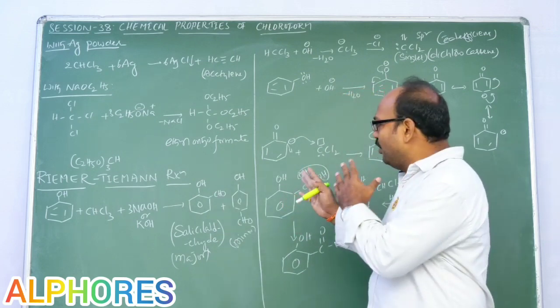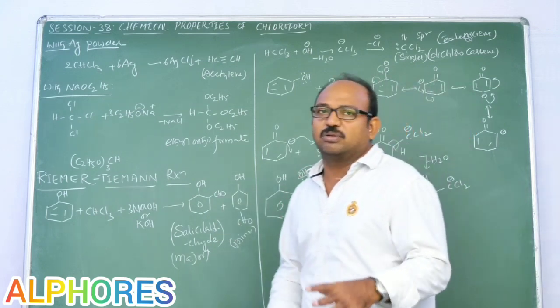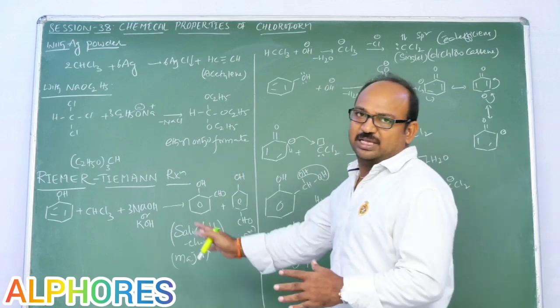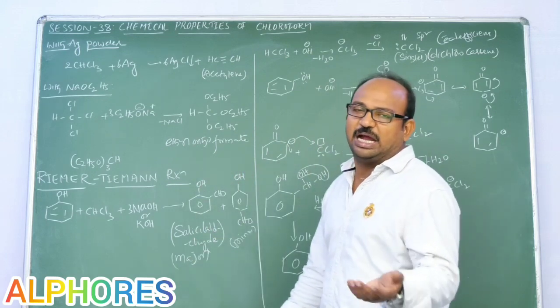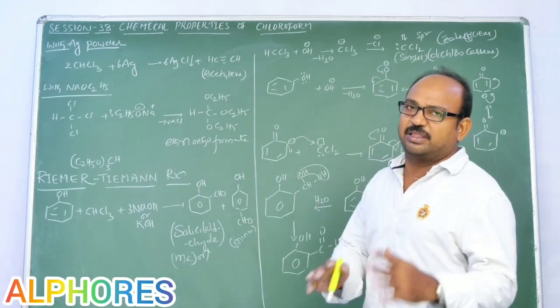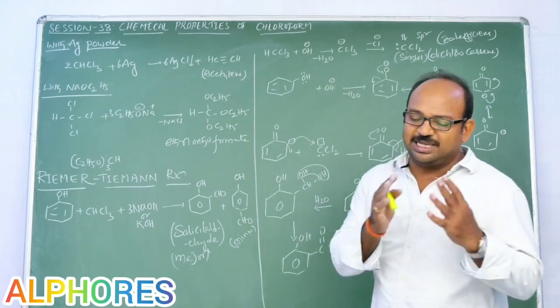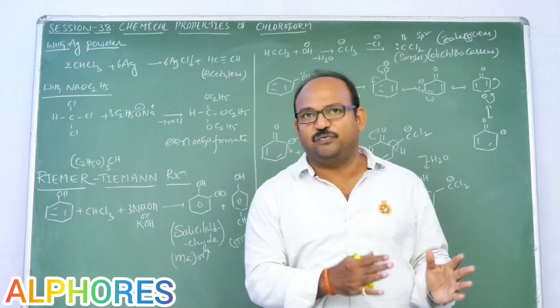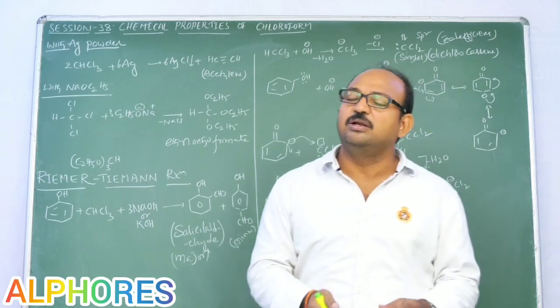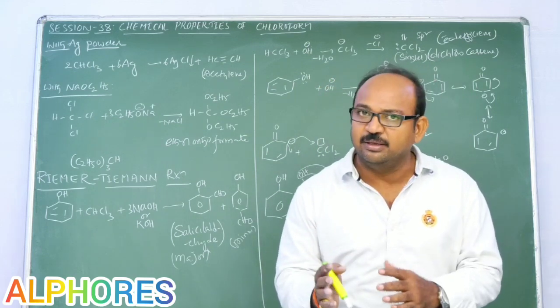Now whenever you see the reaction here, you will get one doubt. Is para really major or is ortho major? You wrote ortho. So how, and in which way, does the reaction proceed? For that, the first step is generation of the electrophile. What is the electrophile here? A carbene. Which carbene? Dichlorocarbene.